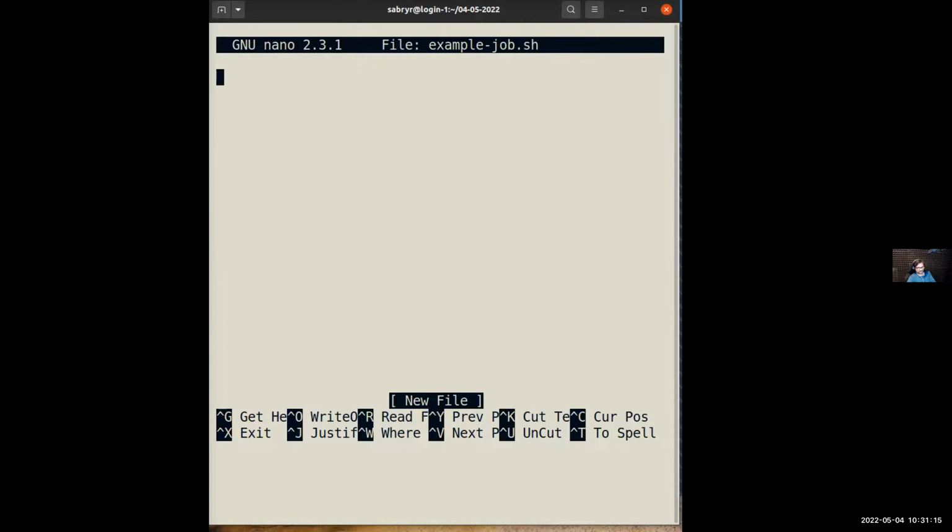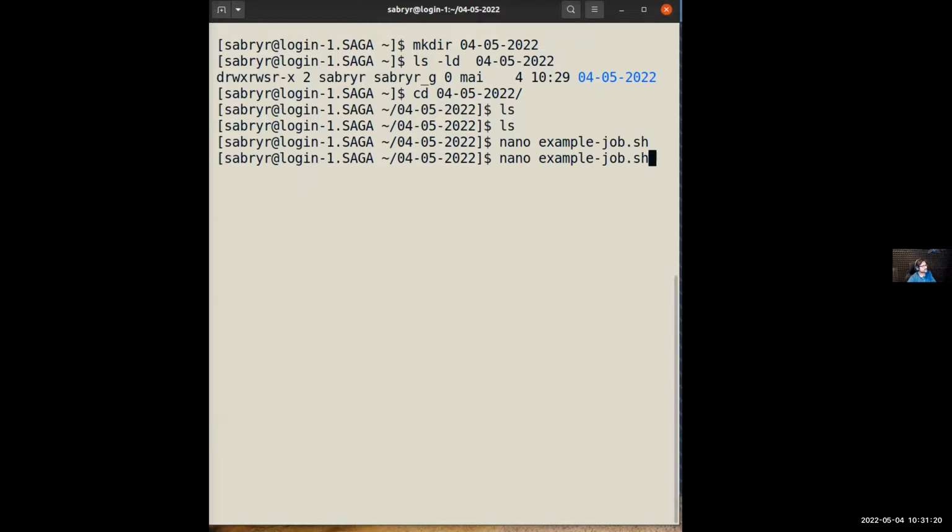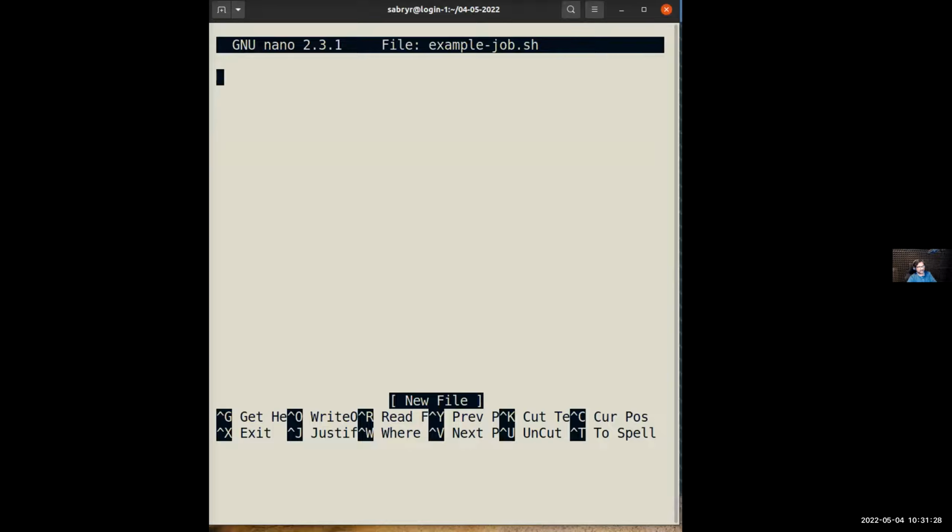And after you open the file, I'll go out with Control X. I'll show you again. So open the file with the nano program, and the argument is the file name. You open it, and the first line is a standard line. We call it the shebang, with /bin/bash, which means that this script is written in the bash language.